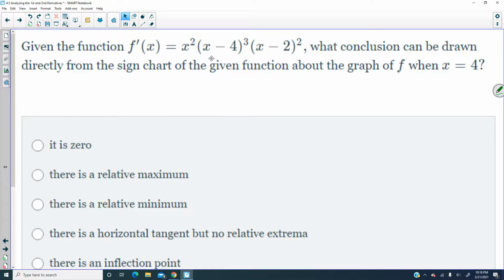Well, let's see. If I were to make a sign chart, I would need critical numbers. So here's the factored form. They've already factored it for me. So if I set it equal to 0,